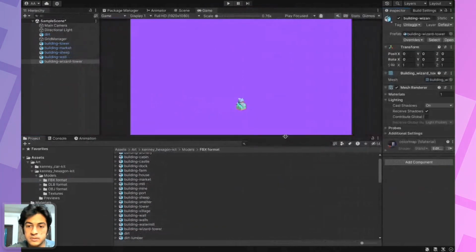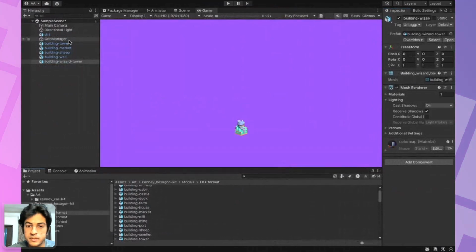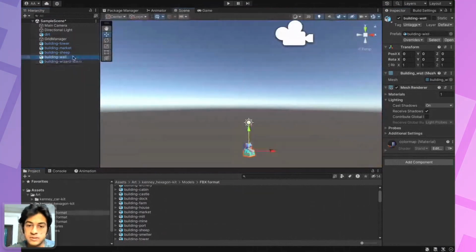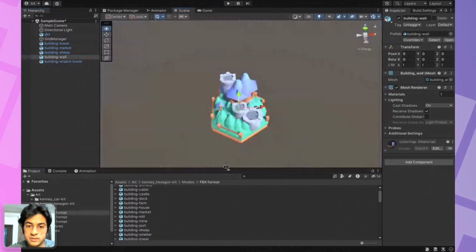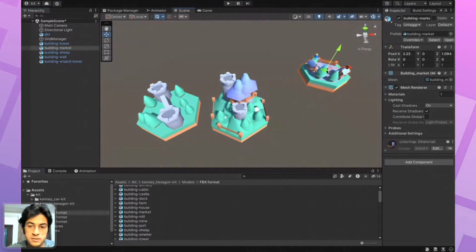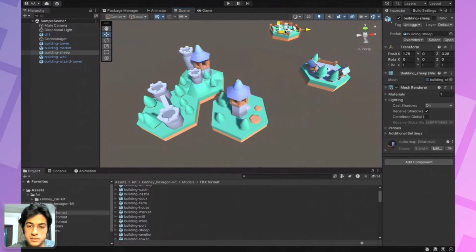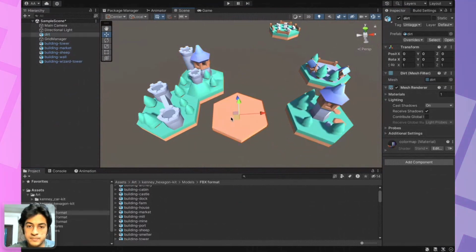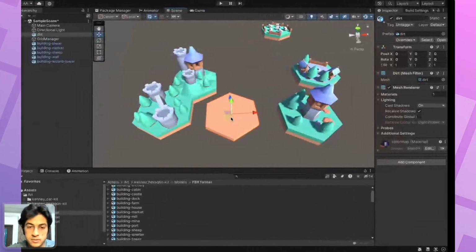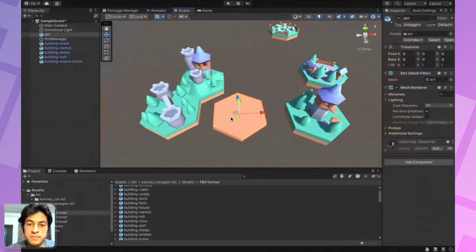Now we have around 5 or 6 different tiles. Let's go to the scene view in Unity. Here they are all set up. All right, so now let's go to ChatGPT and define what we want. We want a script that runs in edit mode and can manage these hexagon tiles and spawn them according to how we want to spawn them.